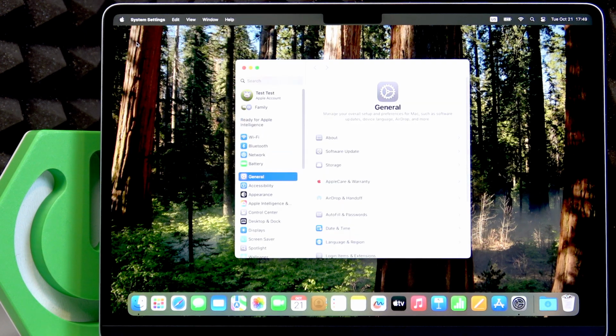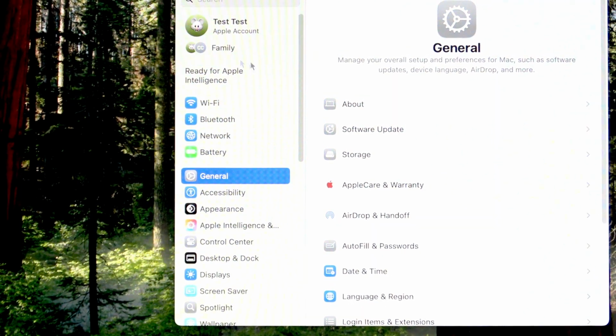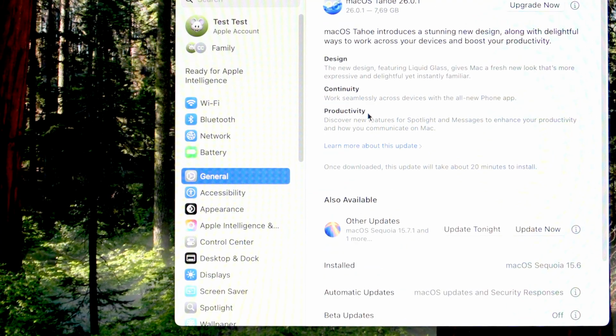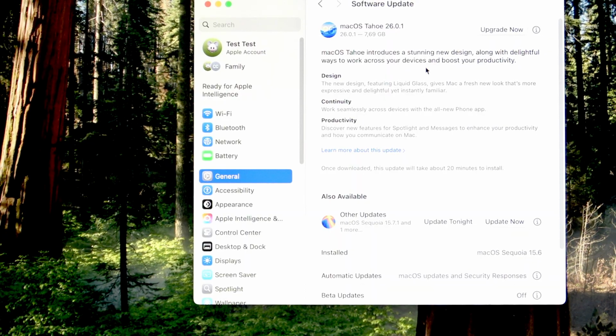Now in System Settings of your MacBook, you're gonna have to go to the General option, then select Software Update, and here wait until your device finds available updates for your device. And to update your macOS version, select Upgrade Now next to the macOS, in my case Tahoe